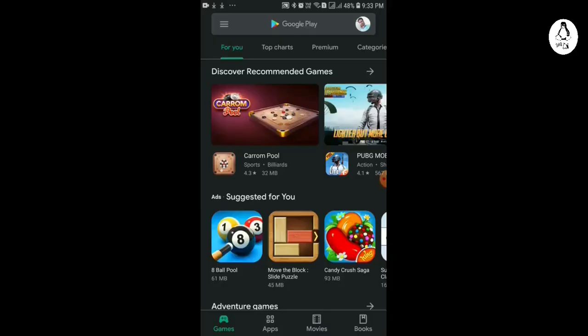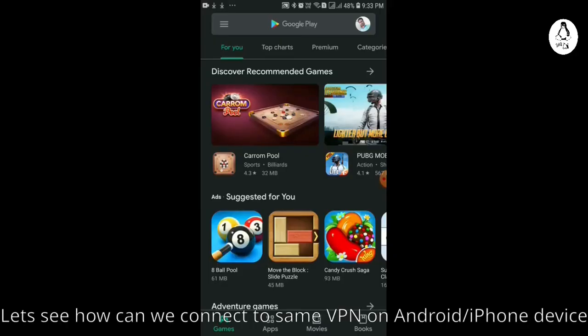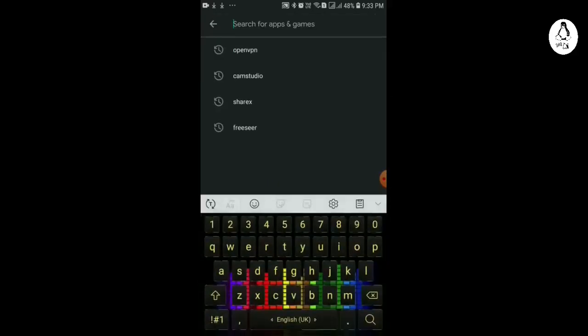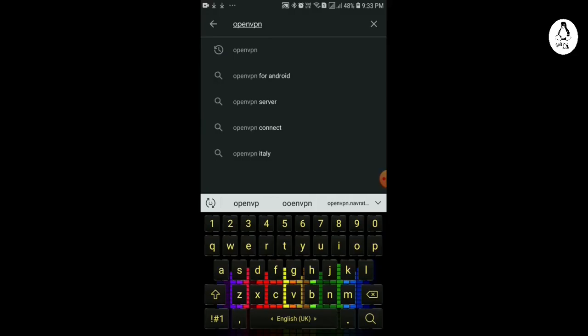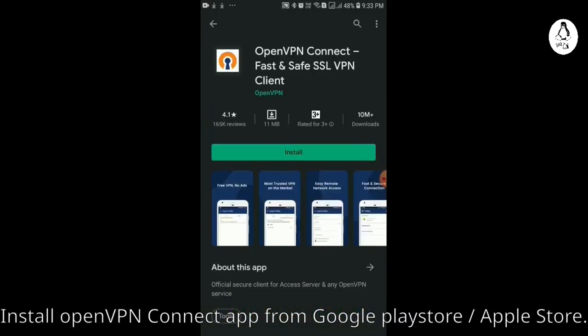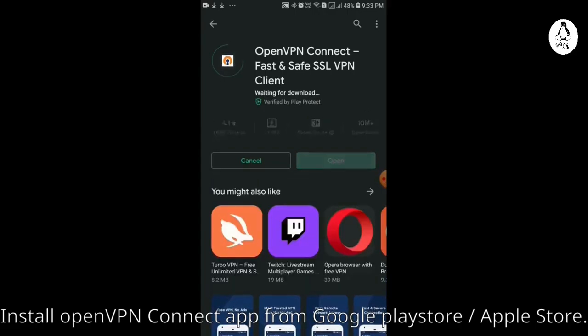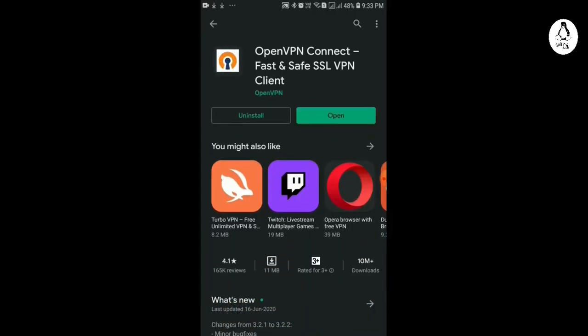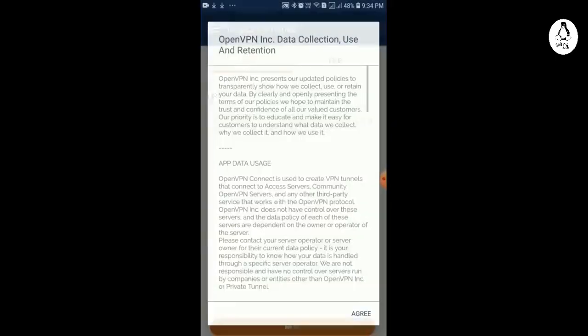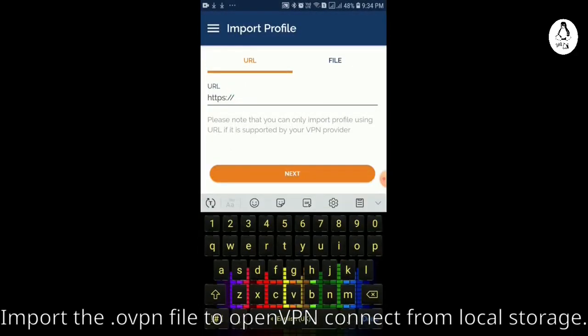Now I will show you how to connect to the VPN using our Android phone. Go to the Play Store, download the OpenVPN client, the OpenVPN Connect app. You have to install it. Open the application. Give all the permissions it requires.